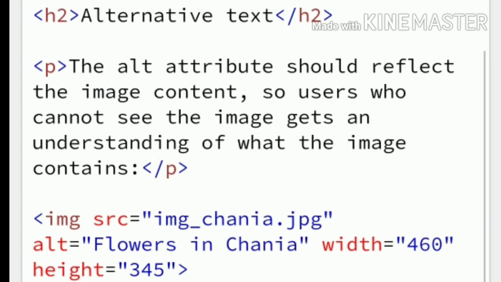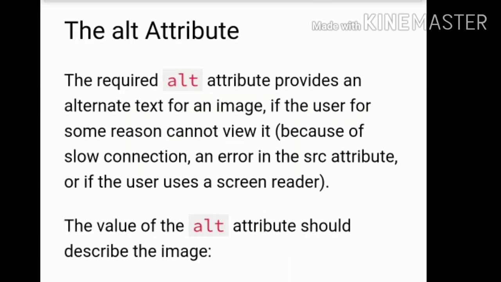What type of output will be displayed? Just see the output of this program. The output is the alternative text: the alt attribute should reflect the image's content, so users who cannot see the images get an understanding of what the image contains.